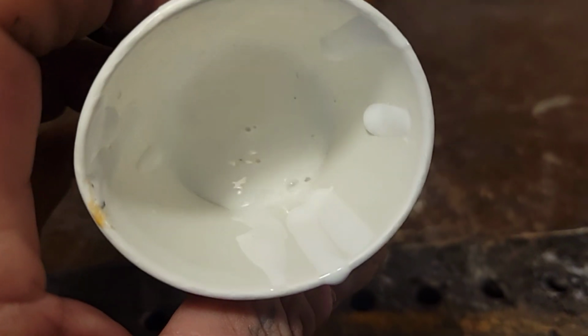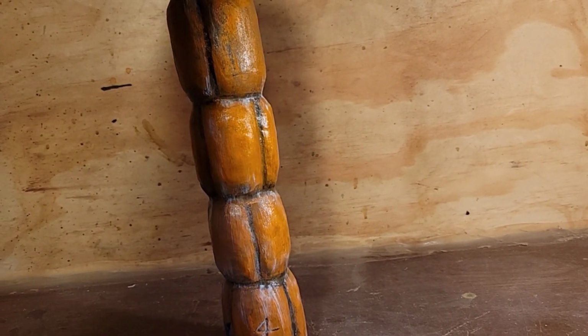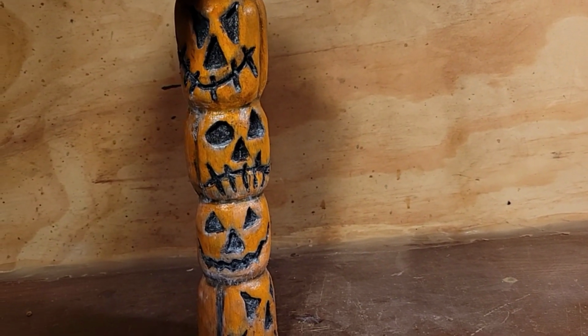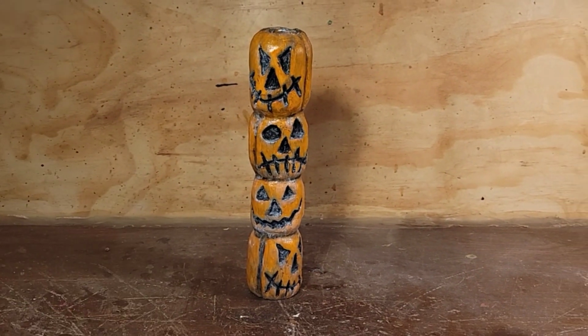All right, so Mod Podge. Got it, Mod Podge. Now we just let it dry. And I don't know, I'm thinking that I should carve a stand for it. Do you think it falls over too easy? Too tippy? I think it might need a base. Anyways,